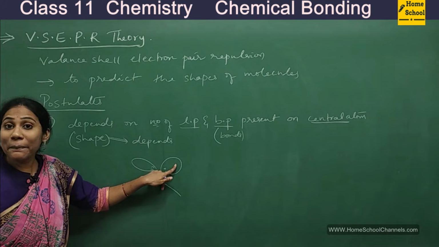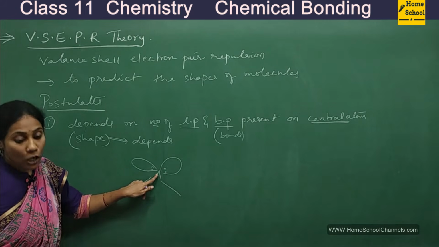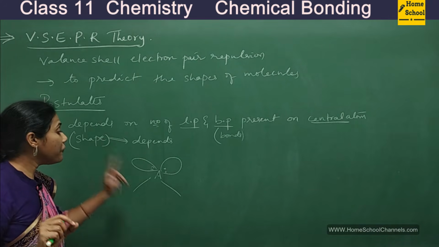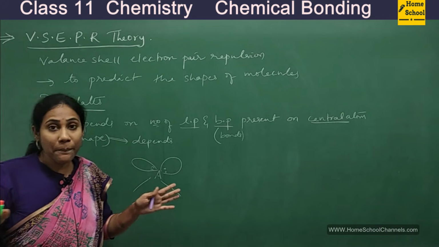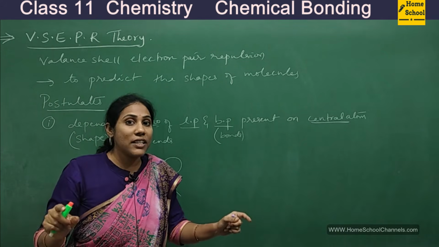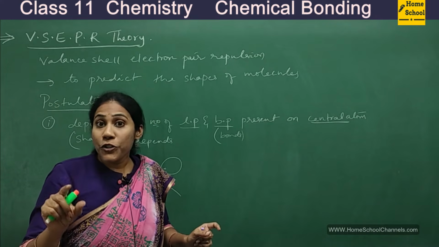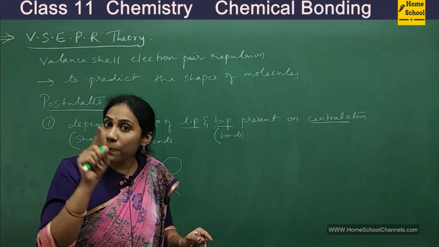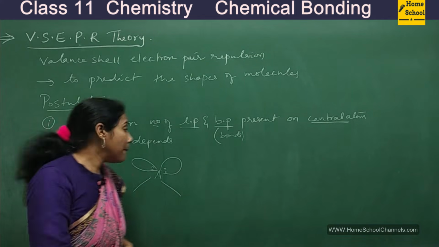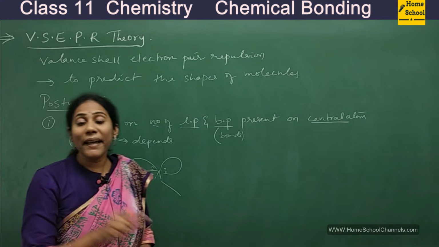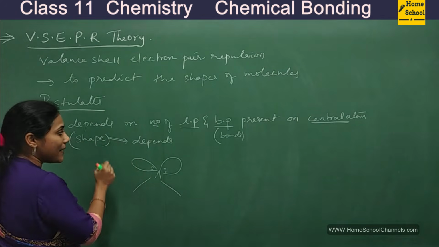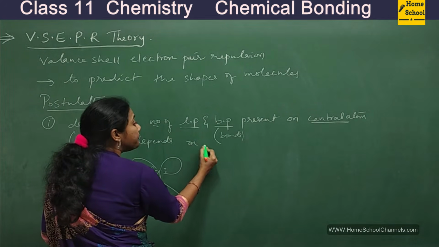Electron pairs can be present in the form of lone pairs or in the form of bond pairs. So you will definitely observe a sort of repulsion between them. And you know, in any molecule, when you have more repulsions, it becomes unstable. So if a molecule has to be stable, repulsions have to be minimum. Repulsions between what? Repulsions between these electron pairs have to be minimum. So shape to some extent depends on